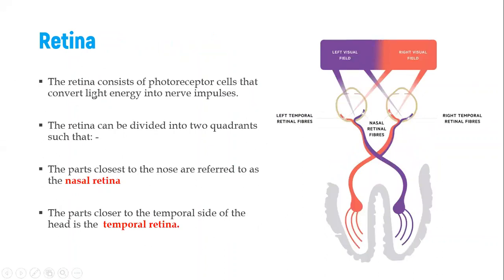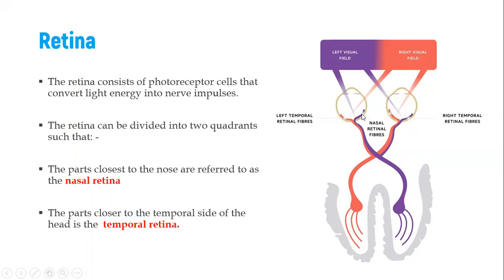So we know the retina. If you again take time to look at the anatomy video, you get more content on the retina and the structure. But the retina basically consists of receptors that are able to convert light energy to nerve impulses. The retina normally has two quadrants, if you have to say that. If this is your retina, you have the part that is closest to the nose, what we call the nasal retina. So this side and this side, because the nose is around this area. And then you have the parts that are closer to the side of the head. That is called the temporal